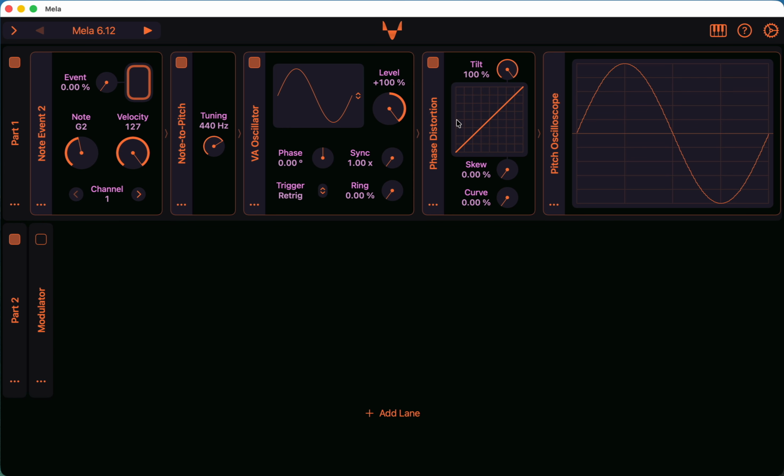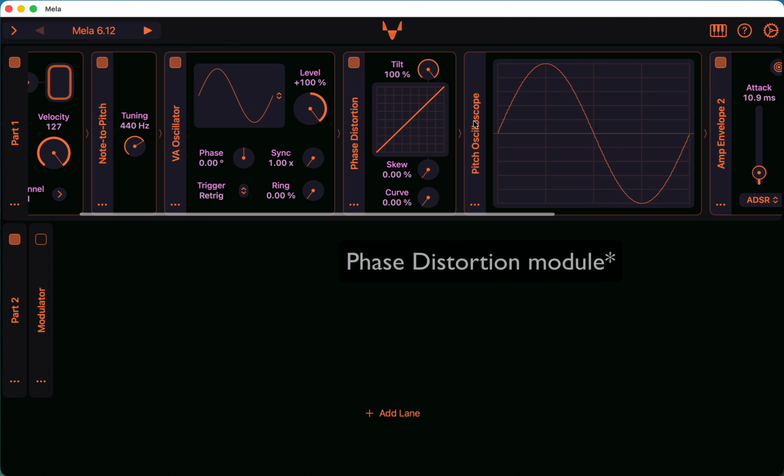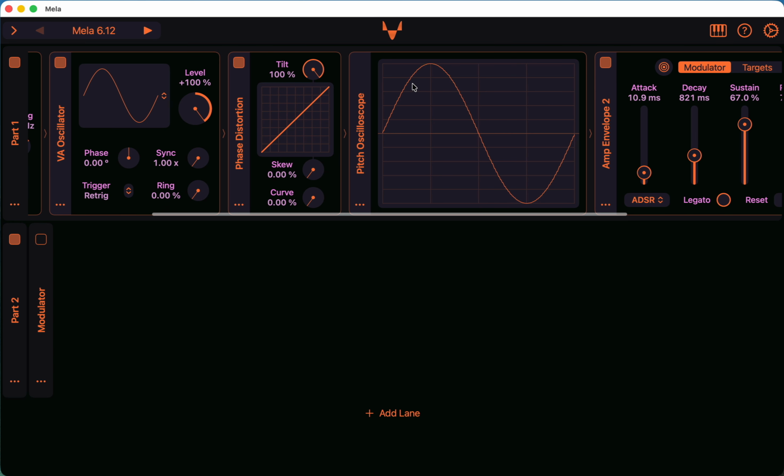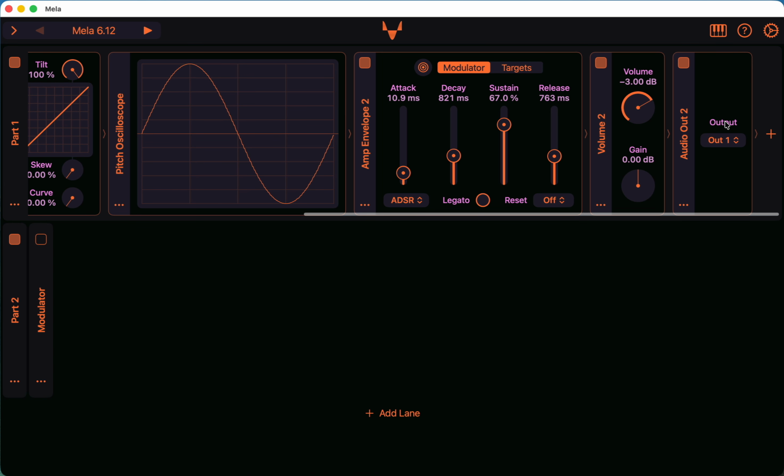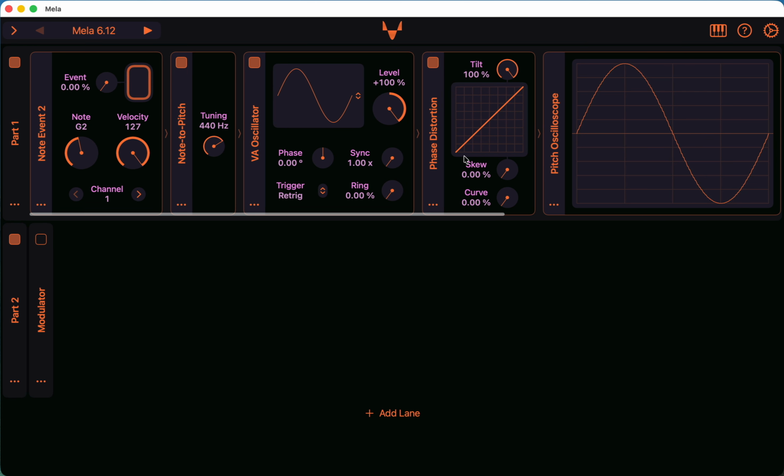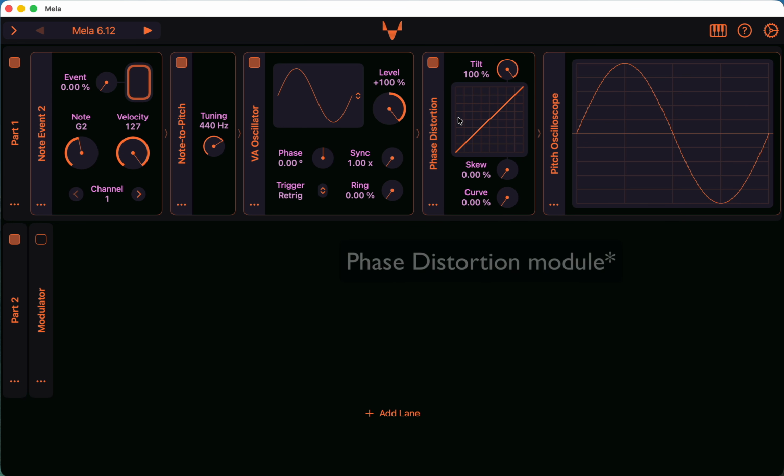Then we have a pitch distortion module. At the moment it's doing nothing, followed by pitch oscilloscope to visualize our resulting waveform, and then amp envelope, volume, and audio out. A few weeks ago I was playing with a pitch distortion module, and I realized that with